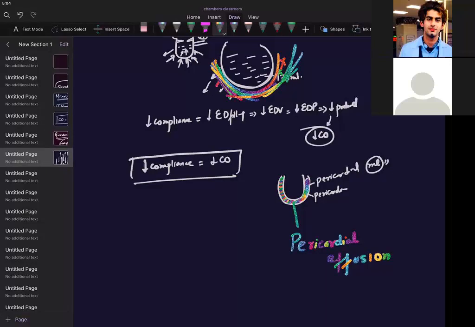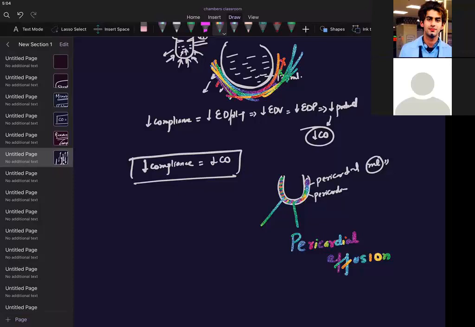In case of a pericardial effusion, and that too, if it is a fibrinoid necrosis, that I don't want to speak about, what will happen is, the fluid increases in excess in the pericardial cavity. What will happen to the intrapericardial pressure? Decrease or increase? It will increase. The intrapericardial pressure will increase.